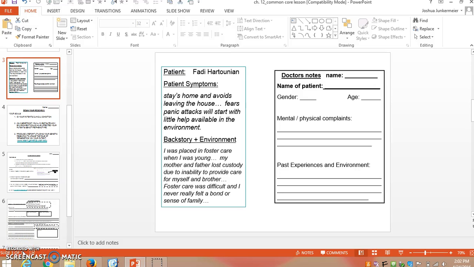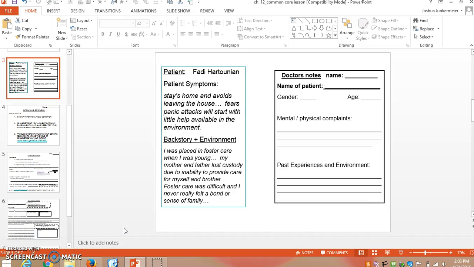All right, this is our Chapter 12 project, and with it, you are going to be acting as a doctor, and you really are having an opportunity to investigate a problem in one of your patients. And here on the screen, you can see every student, each of you will have a different patient, and you will have to do research using online resources to try and better understand the problem,